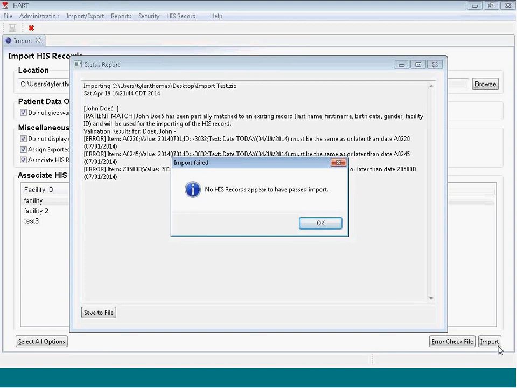You will then be presented with a pop-up box. If the import failed, the system will tell you that and present you a status report with the reasons for the failure. If the import is complete, an import complete